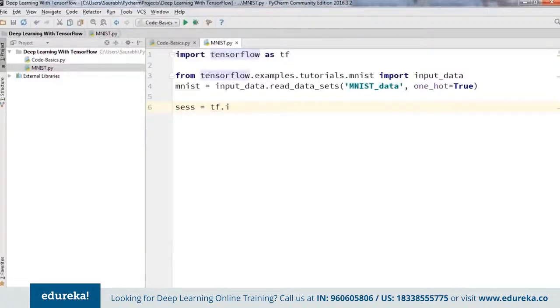So I'm just going to type in here interactive session. Yeah. And now we are going to build the computation graph by creating nodes for the input images and target output classes. So for that, I'm going to define some placeholders. For that, I'm going to type in x equals tf.placeholder